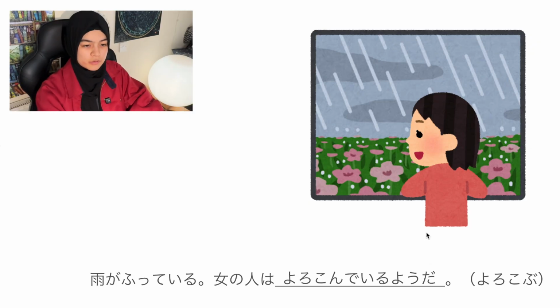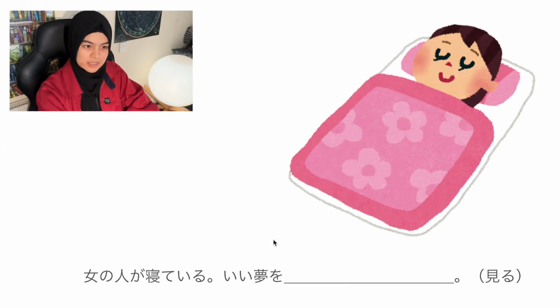答えは、女の人は喜んでいるようだ. So we use the continuous form of yorokobu because currently she seems happy. And it's 喜んでいるようだ。はい、次です。